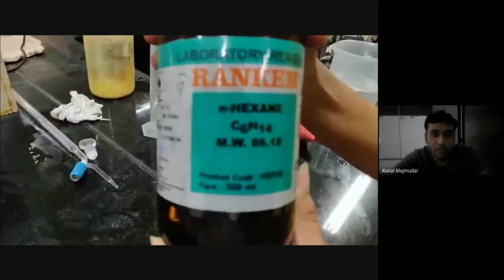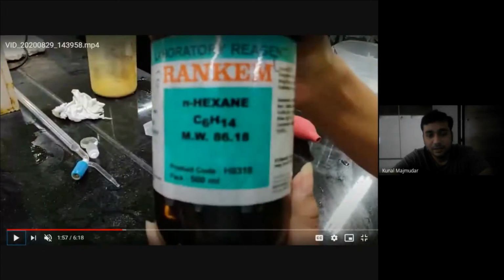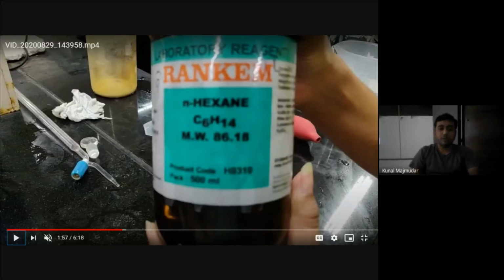After adding this, we are required to add, see this, N-hexane. We are taking the solvent as N-hexane. We can also take trichlorofluoroethane, but we are taking N-hexane as our solvent. Add 30 ml of N-hexane to your separating funnel. What will happen when you add 30 ml of N-hexane to a separating funnel? You just shake the funnel well, mix the contents well, so that the oil and grease present in the sample will be trapped in your solvent, and you will have two layers. One is the oil and grease layer at the top, and second is the aqueous layer at the bottom. Now see what happens.